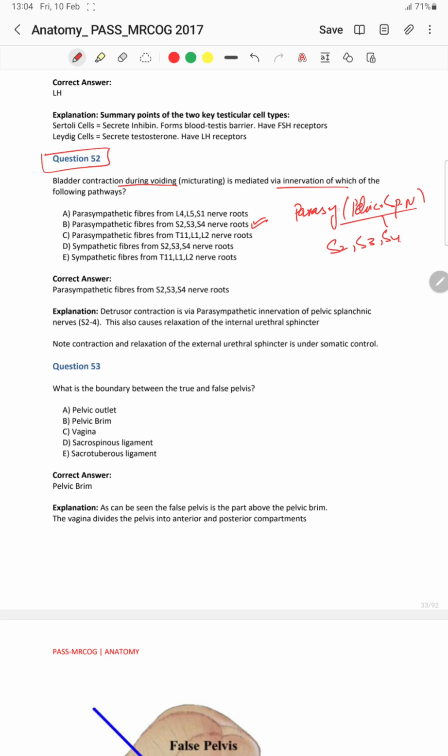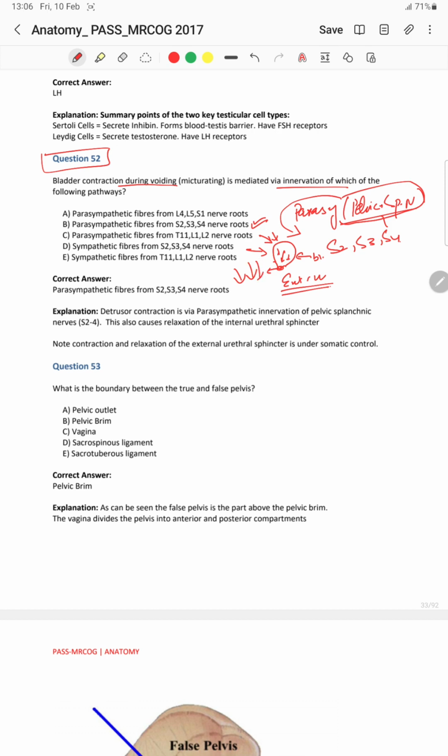correct answer. And this nerve, the pelvic splanchnic nerve, while contracting the bladder, is also going to help in the relaxation of the internal urethral sphincter so that the urine comes out from the urethra. And the external urethral sphincter is under the somatic control, which is the voluntary control, so that when someone has the urge to pass urine, the pelvic splanchnic nerves are going to contract the bladder, and at the same time relax the internal urethral sphincter, and under the man's or the woman's control, they are going to relax their external urethral sphincter, and it will help to